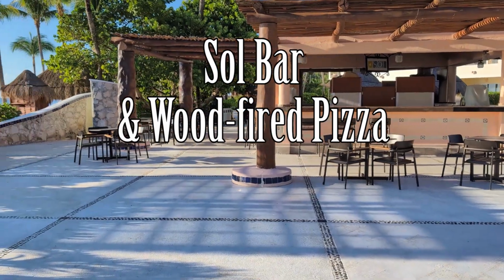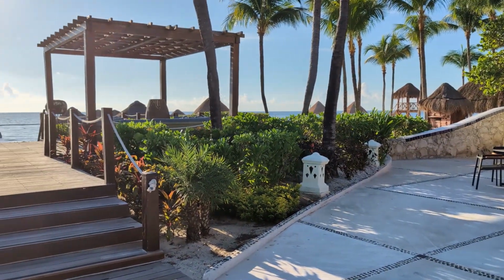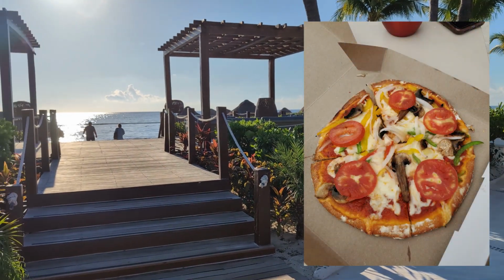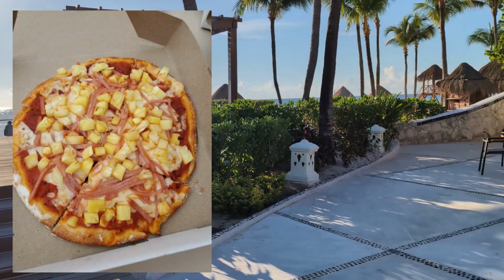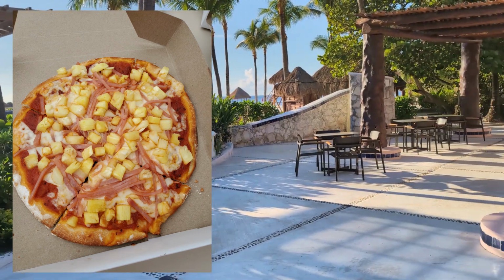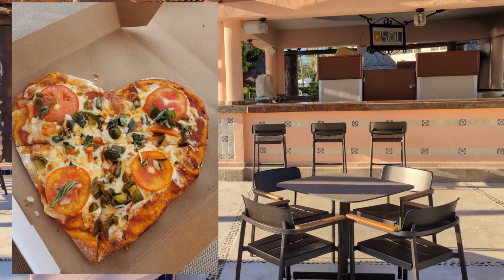Also by the main pool is the Soul Bar and wood-fired pizza oven. It's usually open from 9 to 5. When you're lounging by the main pool, be sure to visit Soul Bar. This lively spot not only serves delicious drinks, but also features its very own wood-fired pizza oven. It's the ultimate remedy for those midday pizza cravings, whether you're enjoying a slice in the sun or sipping